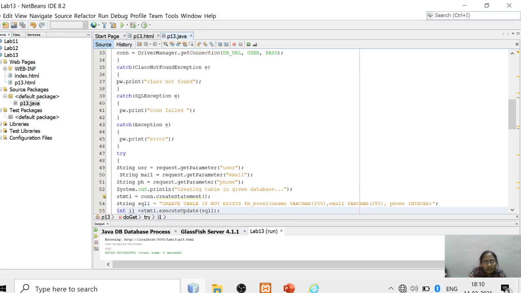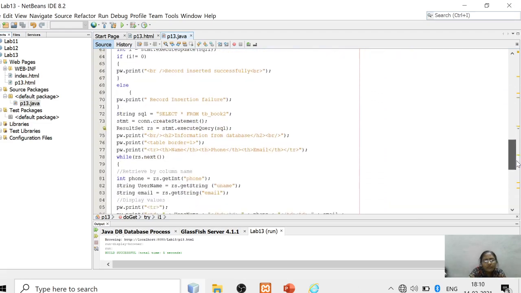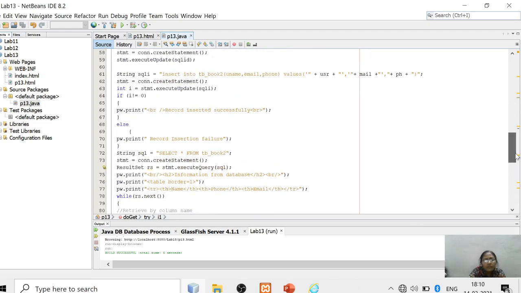In that tb_book2 we have 3 columns called uname, email and phone number. After creation of the table, I am inserting records into the table after reading them from the HTML file into these variables.